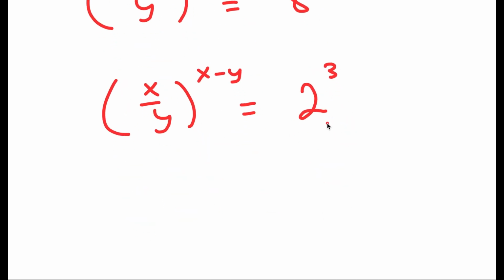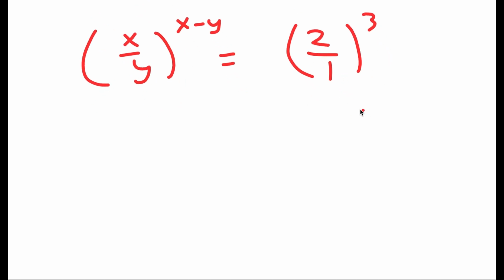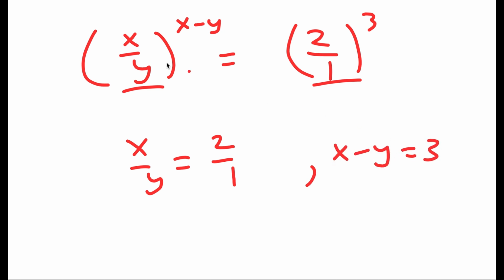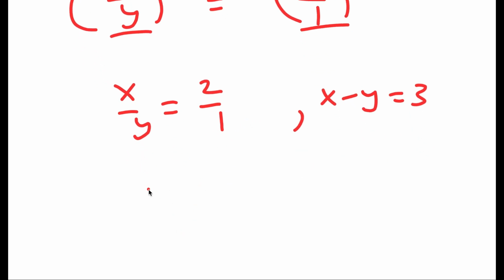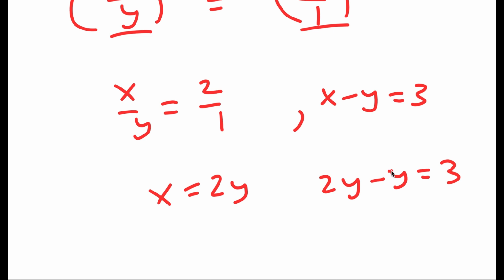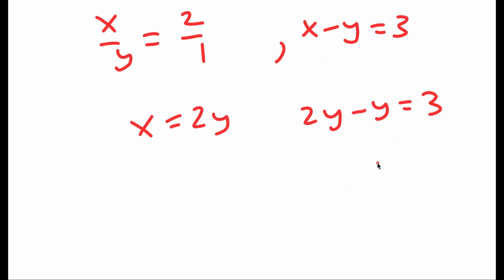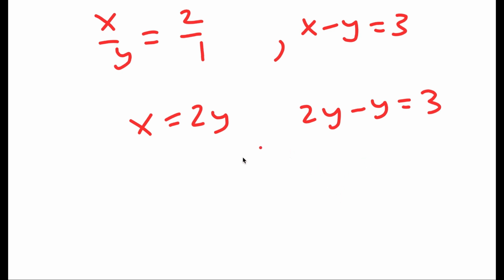And 2 to the power of 3 is the same thing as (2/1) to the power of 3, because any number divided by 1 is itself. So now, I have x over y is equal to 2 over 1, and x minus y is equal to 3. And if I cross multiply, I get x is equal to 2y, and 2y minus y is equal to 3. So, in this case,